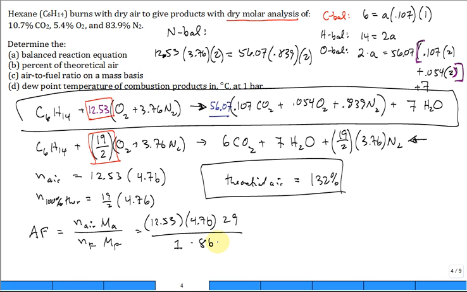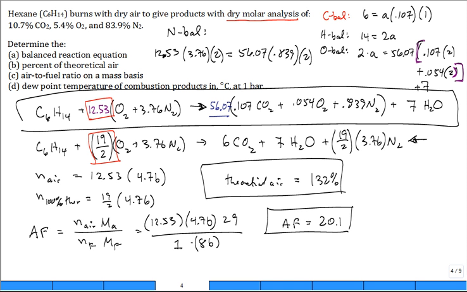And so the air to fuel is 20.1, meaning I need 20.1 kilograms of air per kilogram of fuel in the combustion chamber. And then what is the dew point temperature of the combustion products in degrees C, assuming